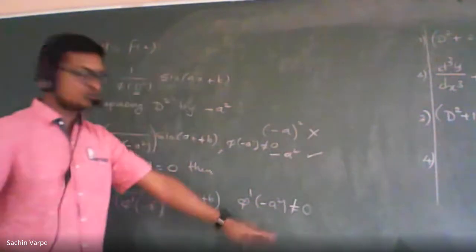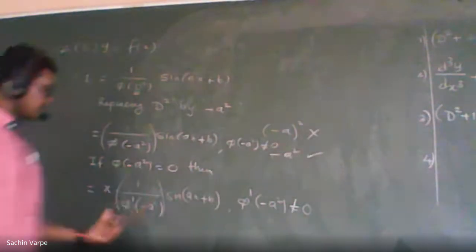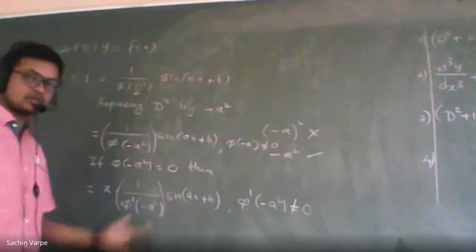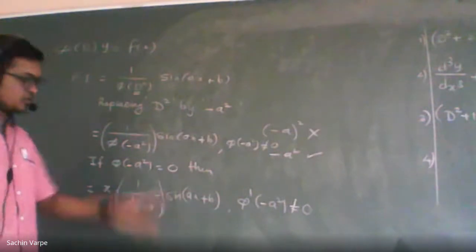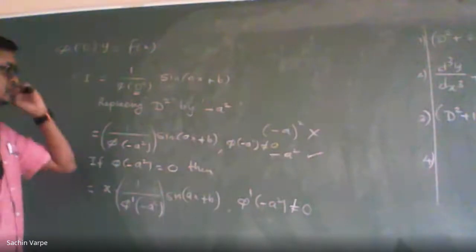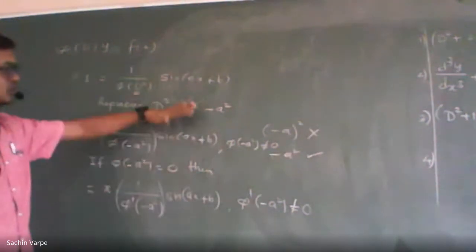must be non-zero. If it again comes out zero, it will be a case of failure. Then in that case we again have to multiply by the independent variable x and the derivative of this, and in that replace D square by minus a square, and so on, till we get a non-zero denominator. Alright, so this is about sine or cos. A similar thing we have discussed for the cos.